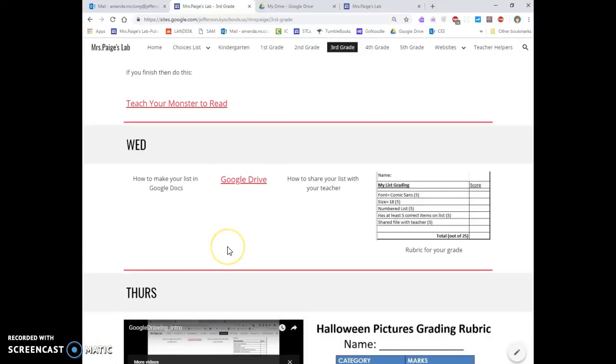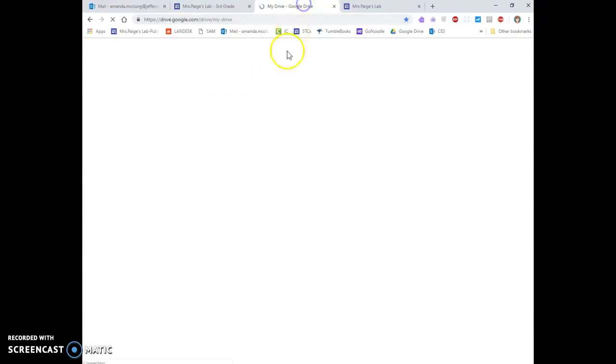Today's activity is going to be to learn how to use Google Docs. So to make it a little bit quicker and easier, I put a link directly to your Google Drive here under our day. So when we click on that,